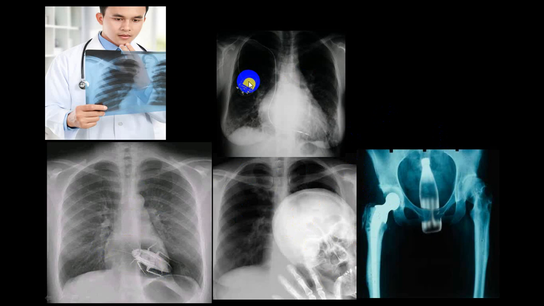This is a pacemaker. This is not in the abdomen. This is a fallacy. So try to identify. And a cockroach is not in the chest. It was on the X-ray plate.